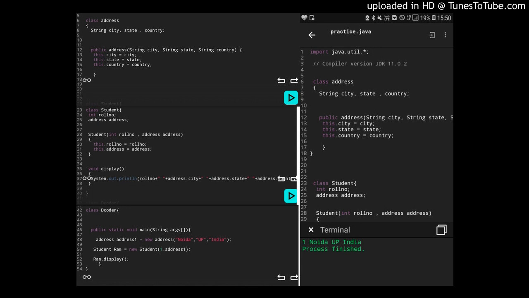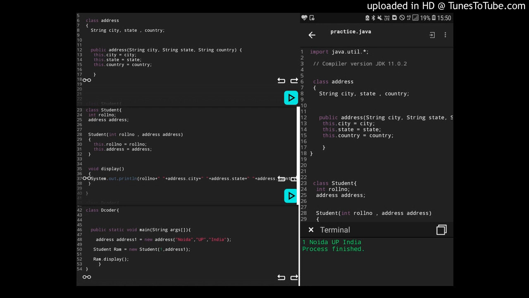So directly the values of the various instance variables of the address object will get assigned through the formal parameter. Whatever address object comes, the values of each of city, state and country will get assigned to the address object used as an instance variable here.